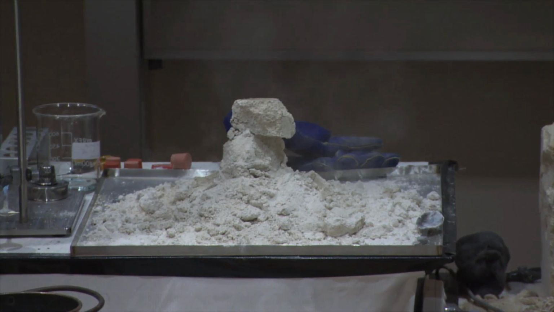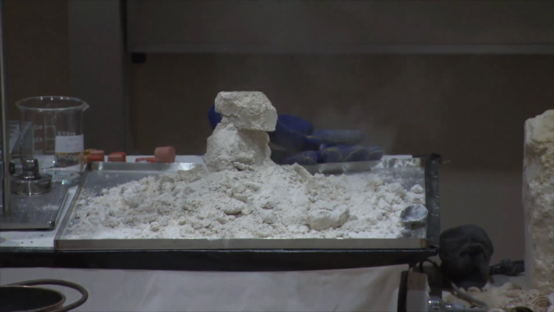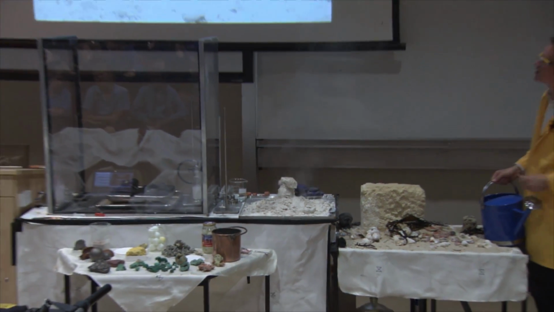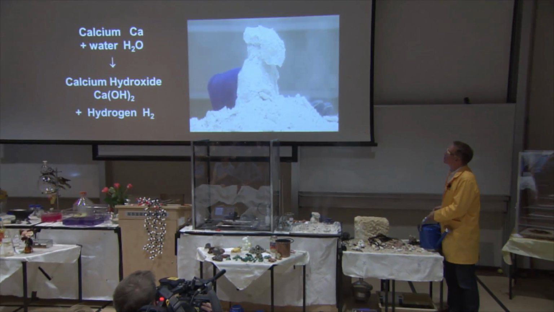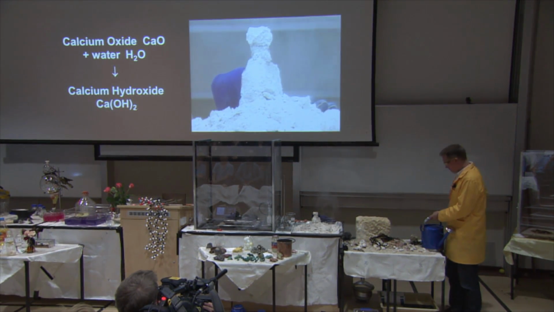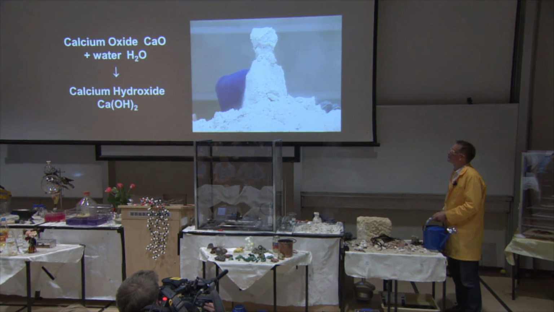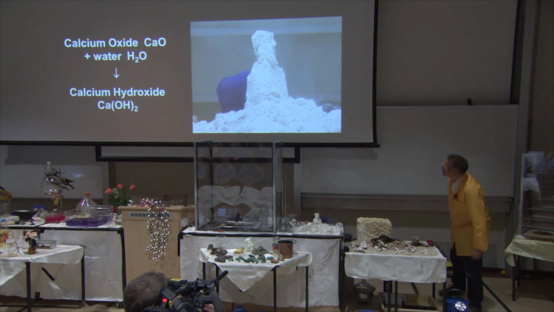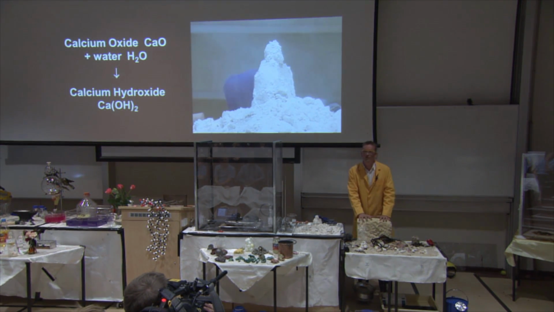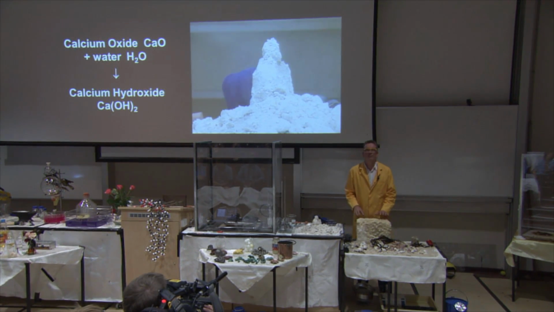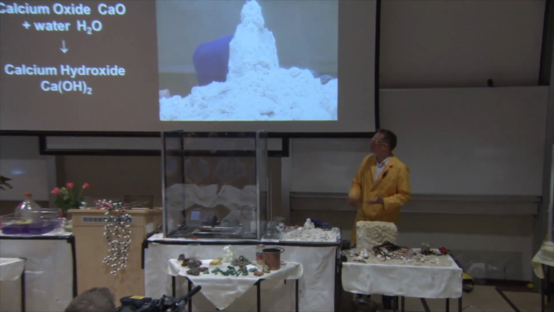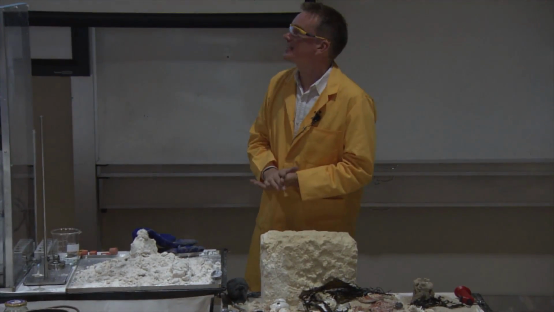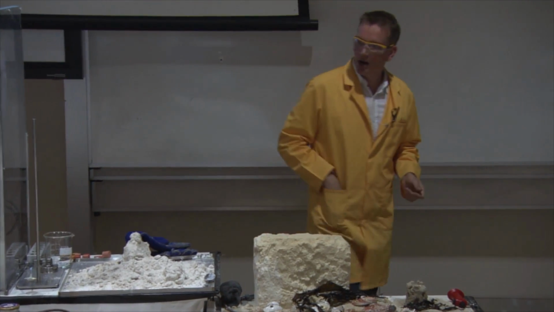And the chemical equation for the reaction taking place here is, well, the calcium oxide that we've made by driving the carbon dioxide out of the calcium carbonate. The calcium oxide reacts with the water and we're forming calcium hydroxide. So, very, very different from our rock here. Calcium oxide, which is what we made, reacts with water and forms calcium hydroxide. That is our lime water. When we dissolve it in water, we get our solution of calcium hydroxide, which is the lime water.